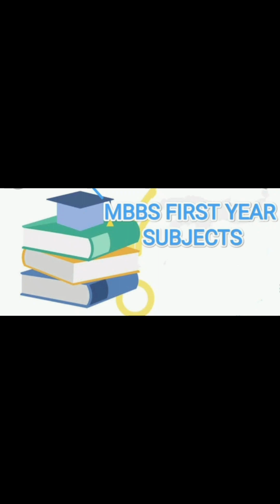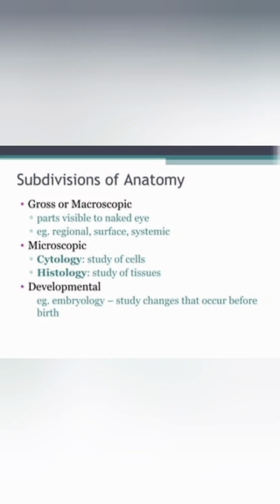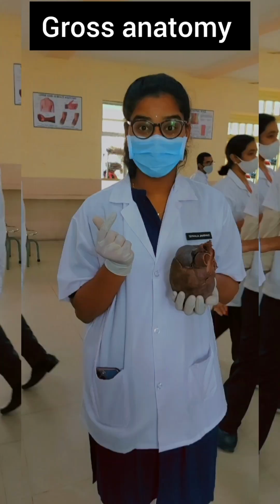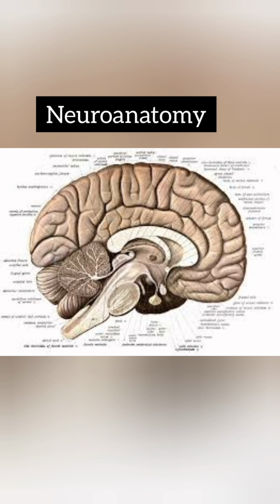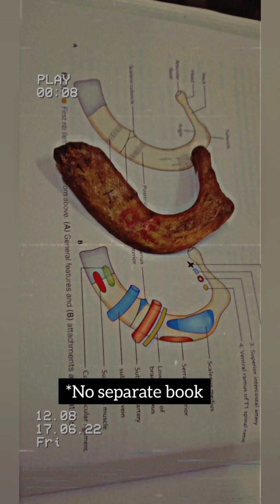Both the subjects in the first year are mainly anatomy, biochemistry, and physiology. But there are some subdivisions in each subject. In anatomy, you'll be having gross anatomy, general anatomy, histology, embryology, neuroanatomy, osteology. Then coming to physiology,